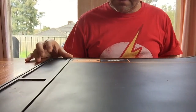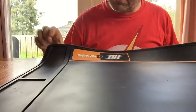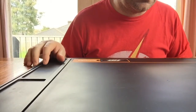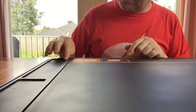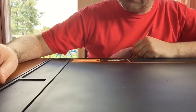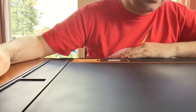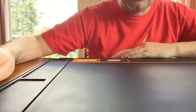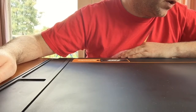The first thing that I have is a HPI or Hot Bodies race mat, which is awesome. I love it. It has built-in little areas that you can pop your screws in, and there's 6 of them, so you can pop different screws and shockers and whatever else you like in those areas, and it's rubber and cleans very easily,